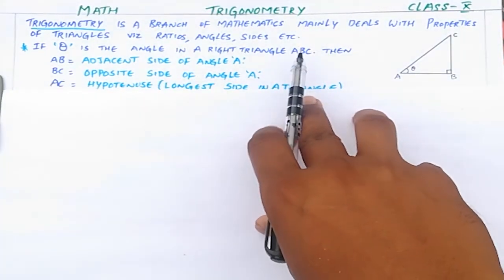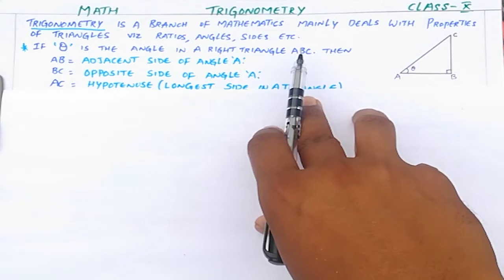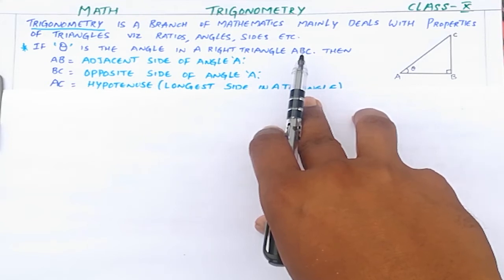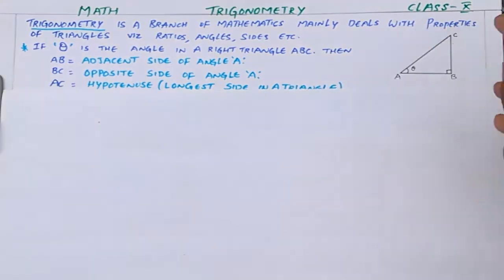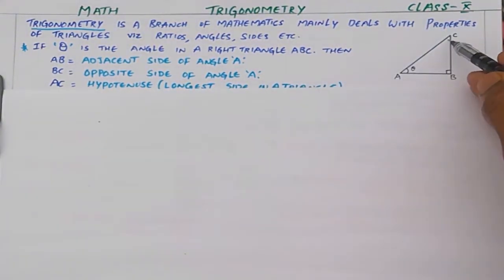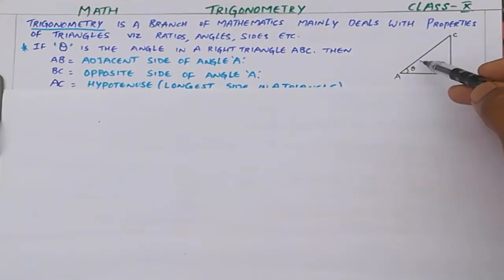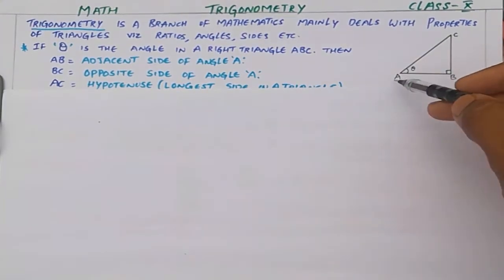Suppose a right angle triangle. We have so many examples, like a pole standing erect, which makes a 90 degree angle with the ground. To keep it erect we use a wire, thread or rope, which makes an inclination and takes a longer side. That means the length of this wire or rope will be the longest side if it looks like a triangle.